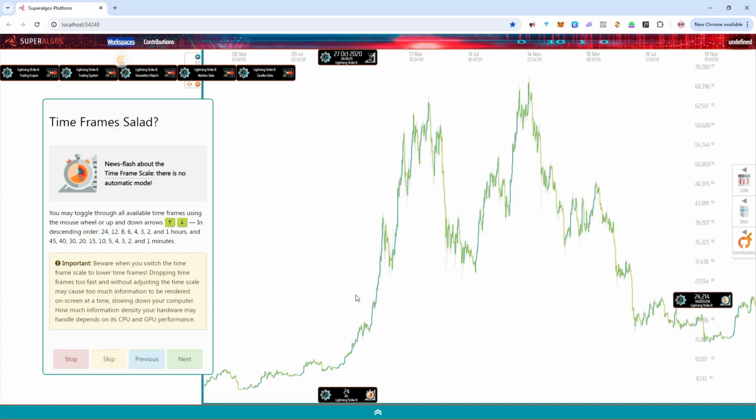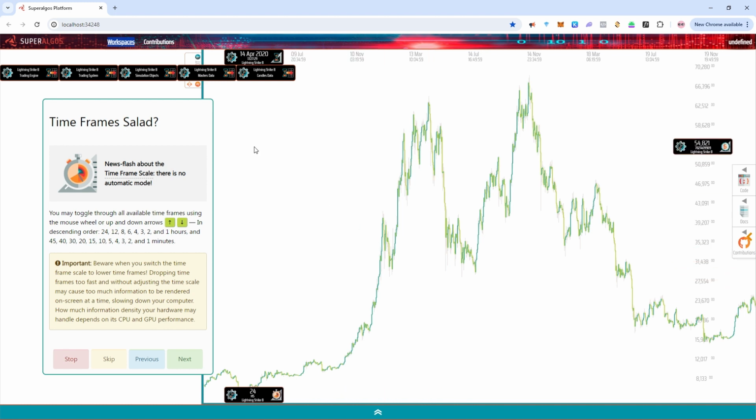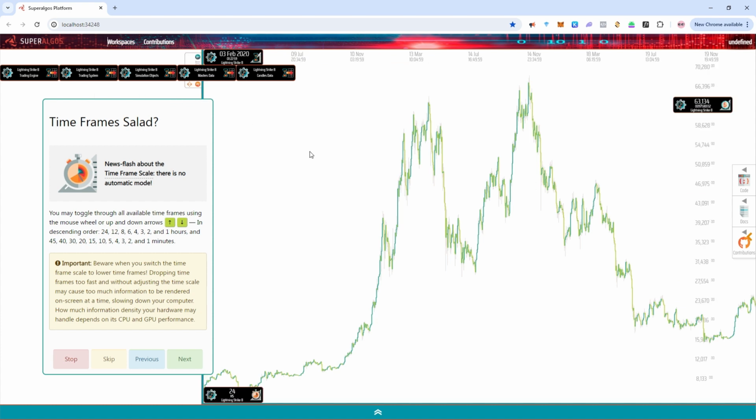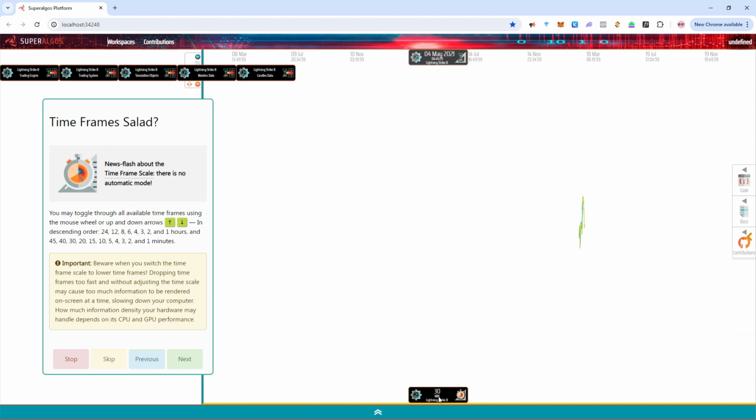Timeframe salad? News flash about the timeframe scale: there is no automatic mode. You may toggle through all available timeframes using the mouse wheel or up and down arrows, in descending order: 24, 12, 8, 6, 4, 3, 2, and 1 hours, and 45, 40, 30, 20, 15, 10, 5, 4, 3, 2,